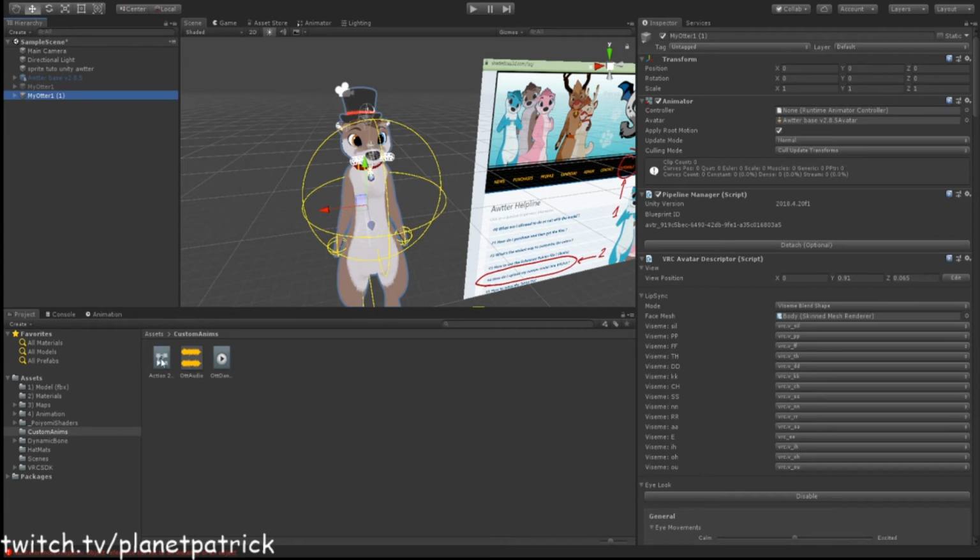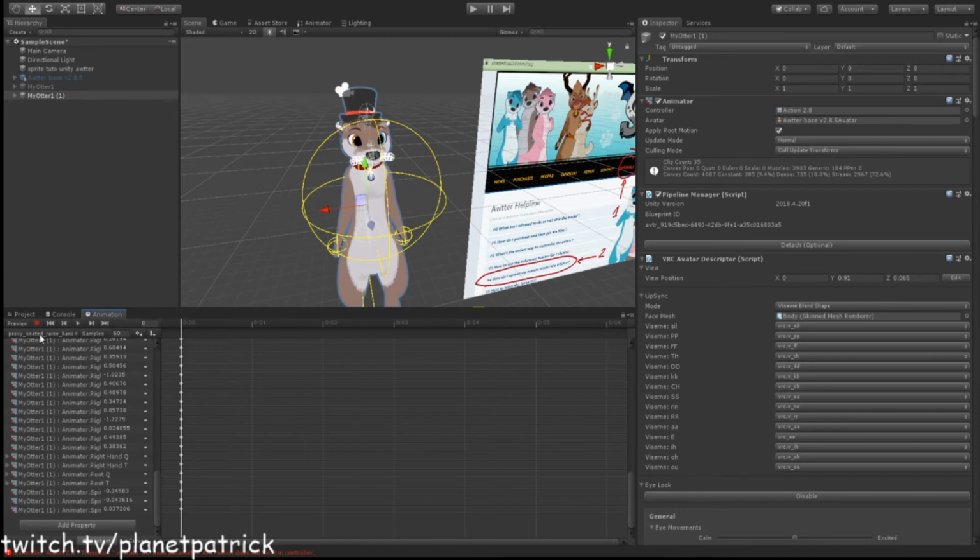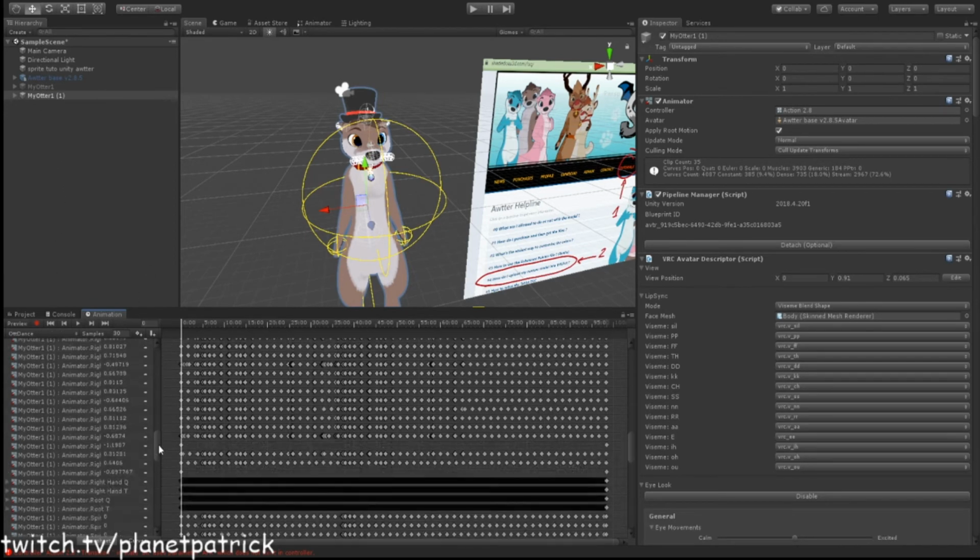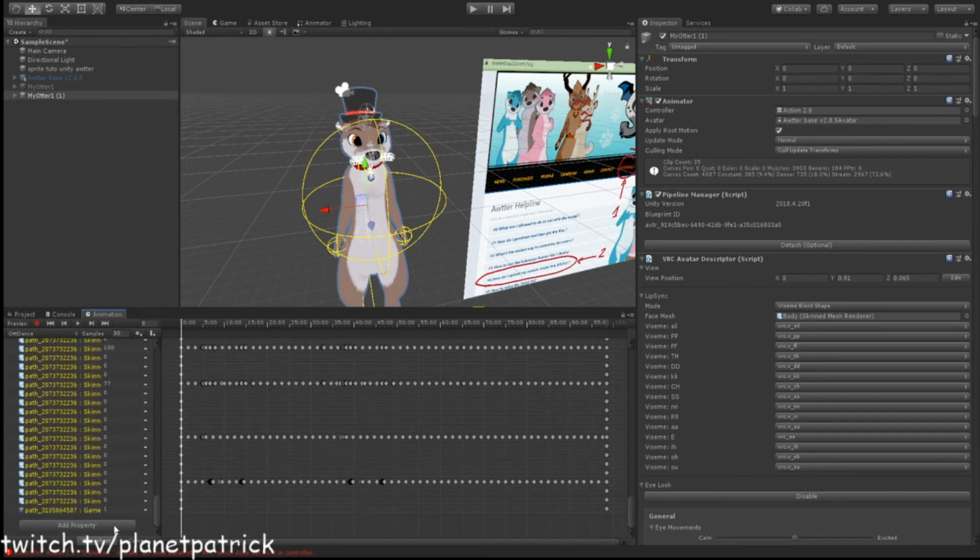Next, you want to get your animation or action layer and drag it over to the animator controller on the duplicate, not on the original, because it has to be on the duplicate. Now, then you click your animation and click here to find the OTT dance, which is right here, and then you scroll all the way to the bottom, hit add property, go to armature and hips like we added where we added the audio source,